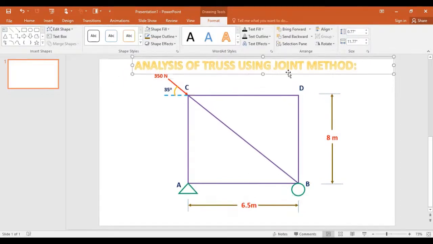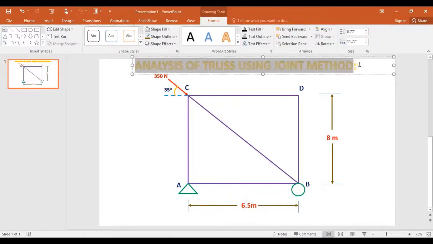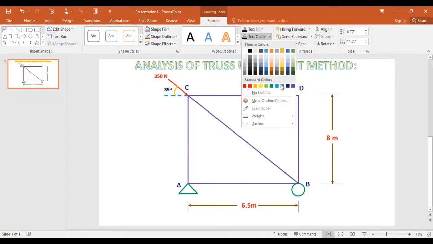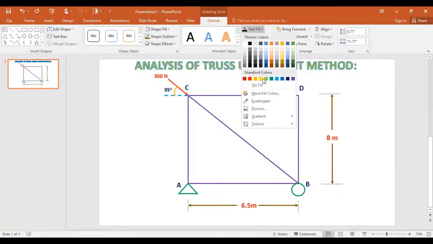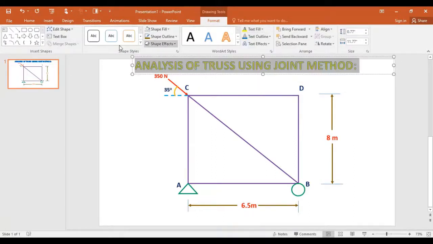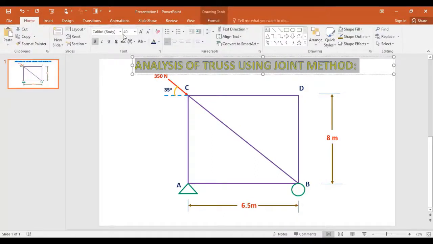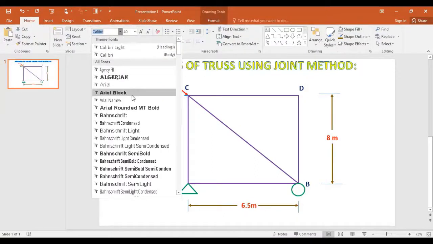This is the way to make a diagram. And for example, if you want to change its color, you have to go in the format tab, and you have to go in the text outline. And for example, I want to take dark blue color for the outline, and text should be yellow color, so it will look nice. And you can change the writing to a theme font.